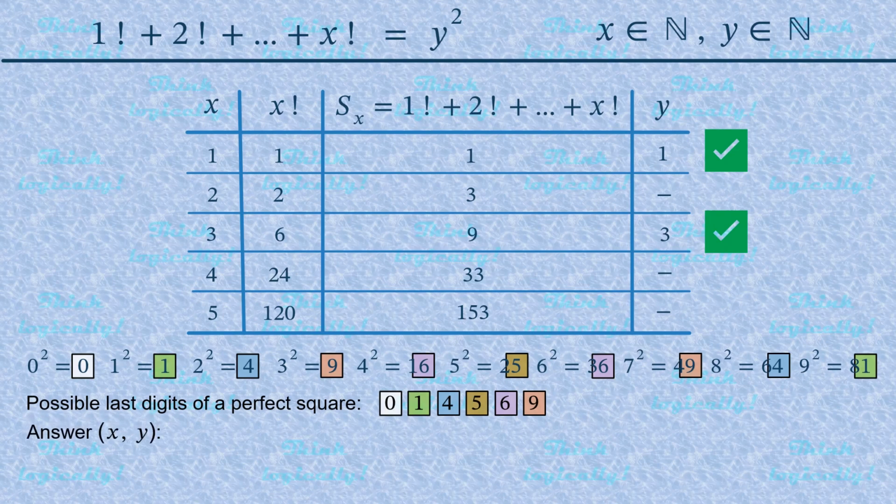So we write the answer. X and y are equal to 1, or x and y are equal to 3. We see that in both solutions, x and y have the same value. However, most probably, this is one of the rare cases of mere coincidence in mathematics.